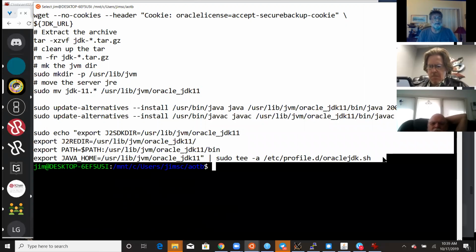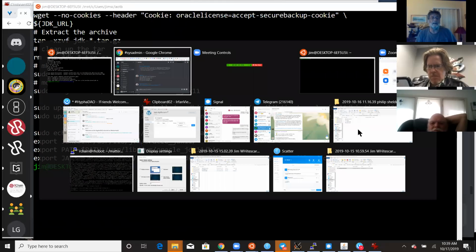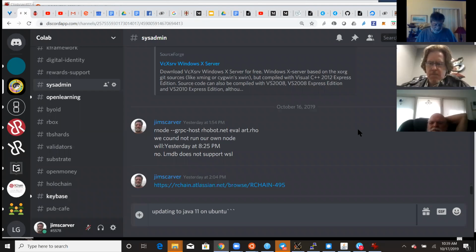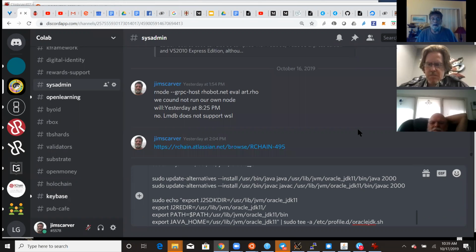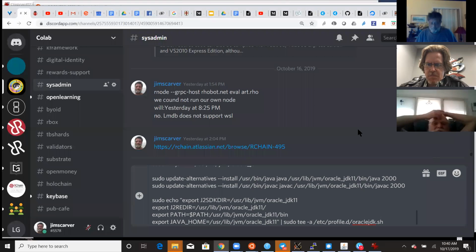Just take the whole thing. And then I do a right click to copy, and then I can stick it in here. Hopefully it'll fit. Did I get to the end? Yep, it fit.